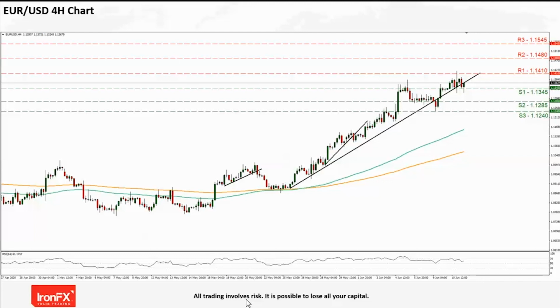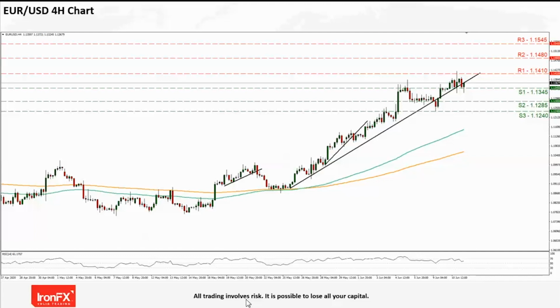Euro USD maintained a sideways motion for the past 2 days after its ascent, and today seems about to break the upward trend line incepted since the 26th of May. Should the pair's price action clearly break the pre-mentioned trend line, we would switch our bullish outlook for the pair in favor of a sideways motion initially.